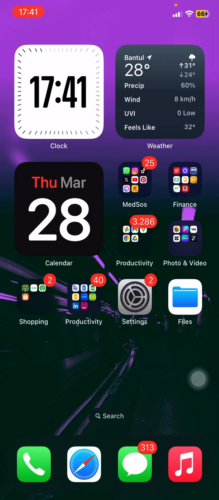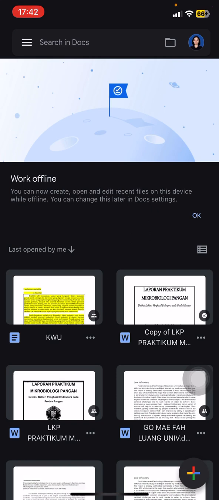So in this video I would like to show you how to create a comparisons table on the Google Docs application. To do that, you just need to open your Google Docs application, and right after that